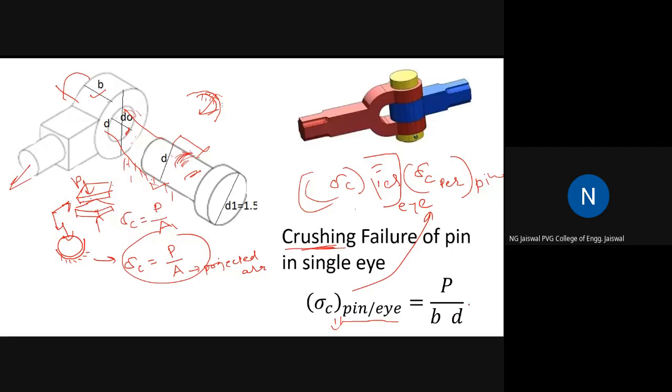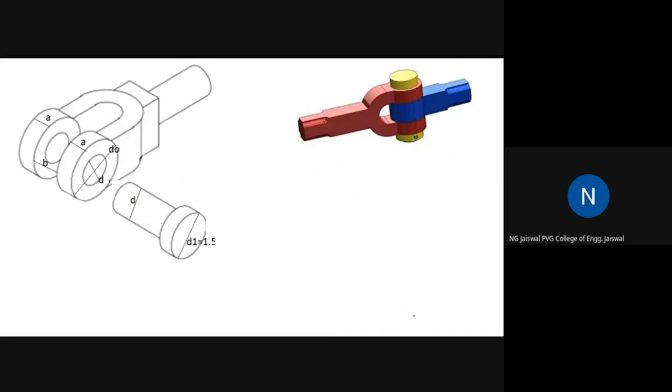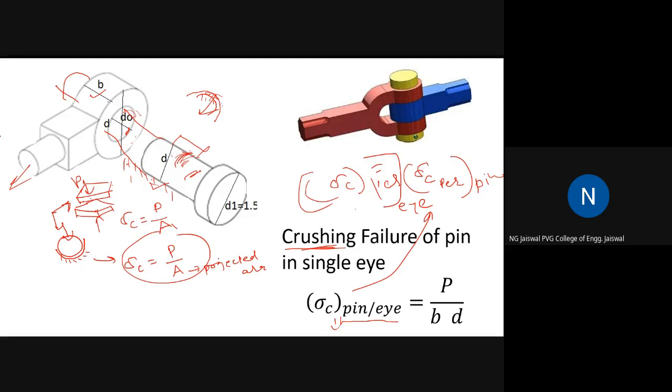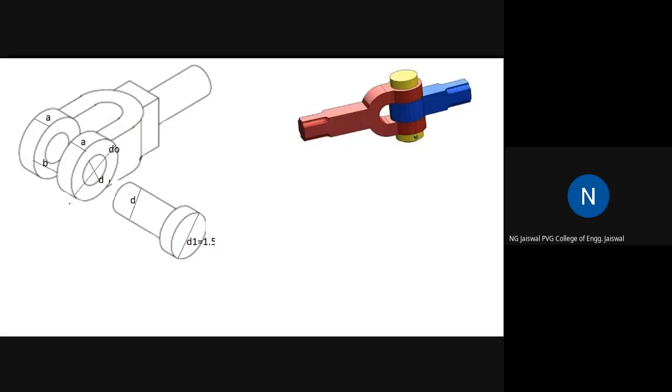And corresponding equation is now this one. This equation can be further executed depending on something is unknown, something is known. Depending on that, you can find out the unknown things. Same thing here. Just note a difference between these two slides. Here, I had taken the single eye and the pin. Now I am taking the double eye or fork and the pin. Again, the phenomena is same.